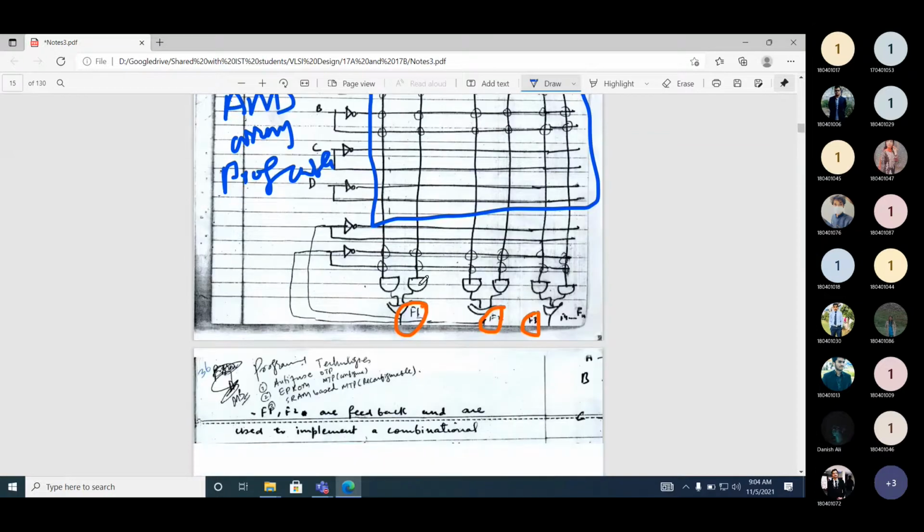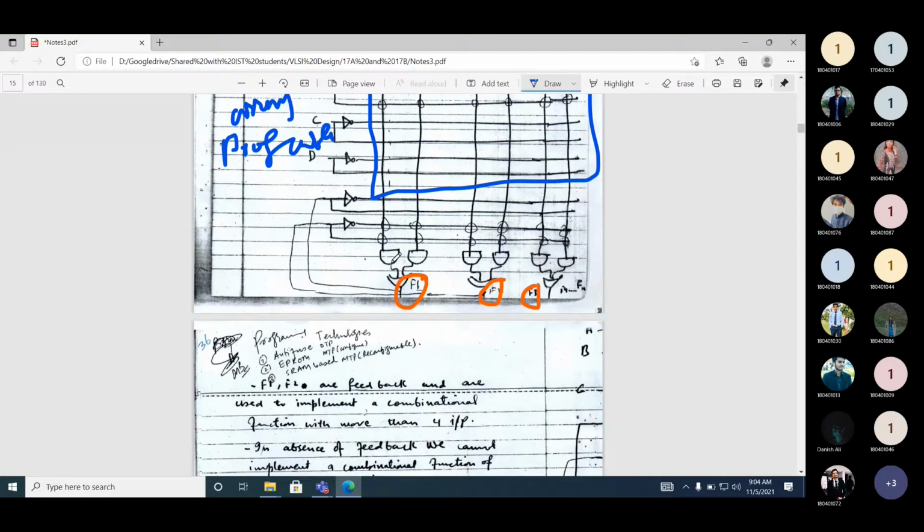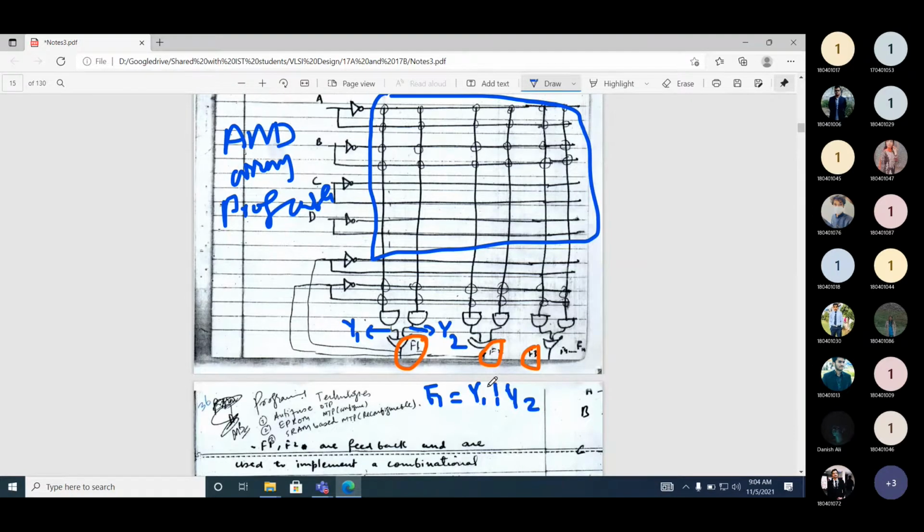Now let's assume this is the output of this AND gate, Y1, and Y2. So what will be F1? Y1 or Y2.